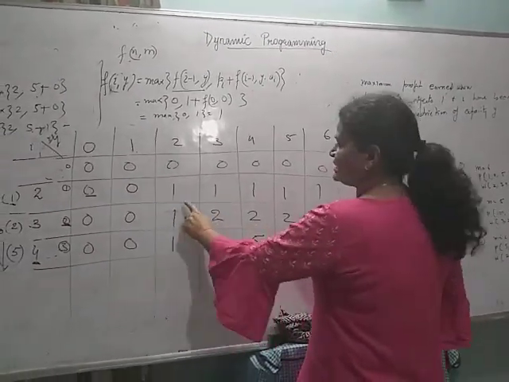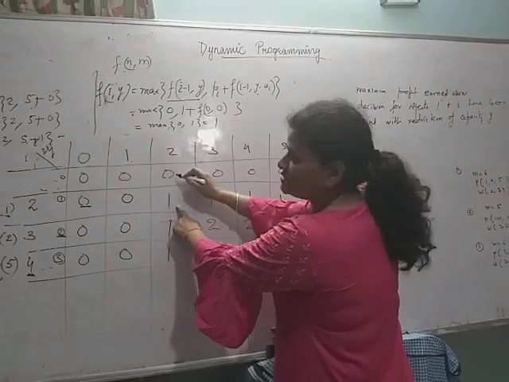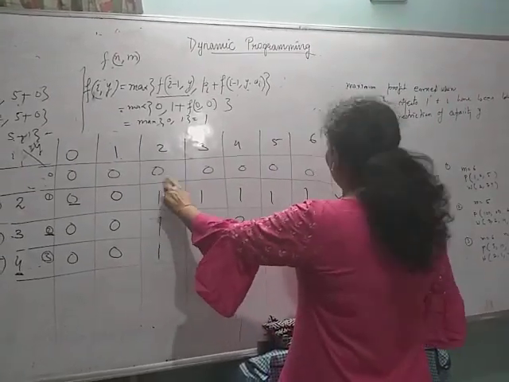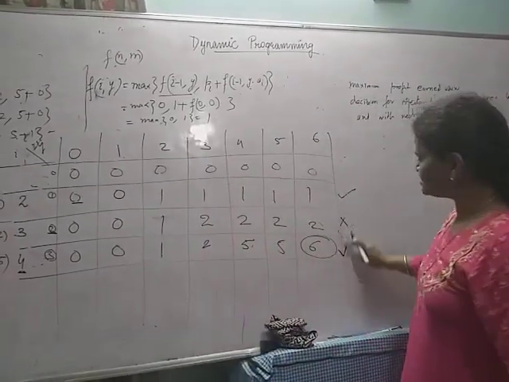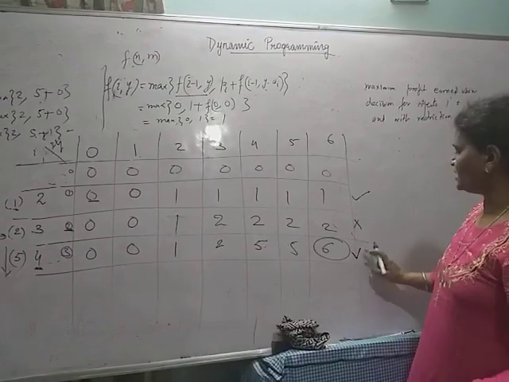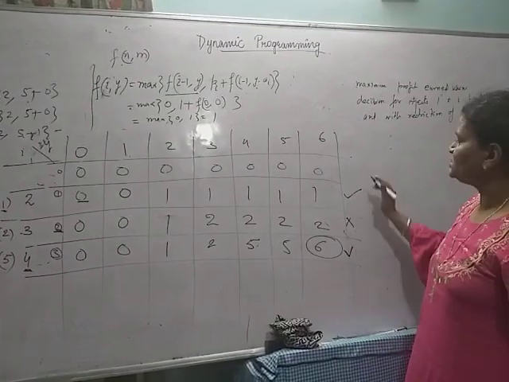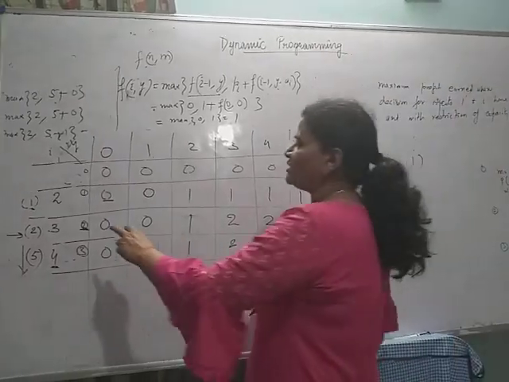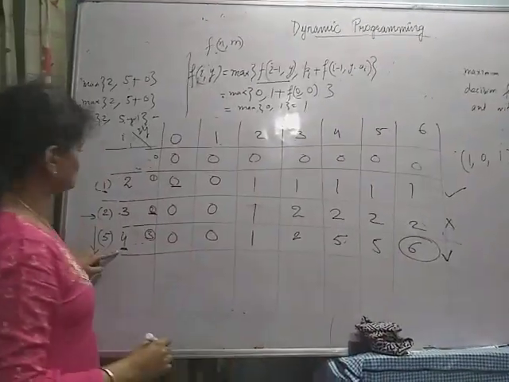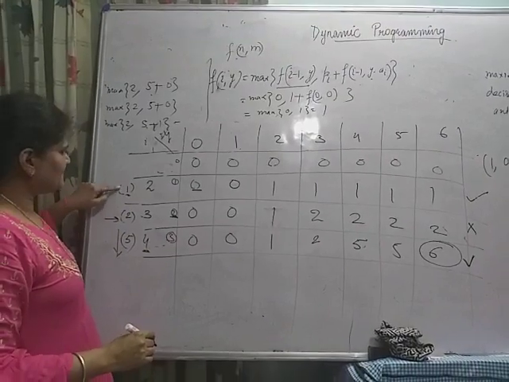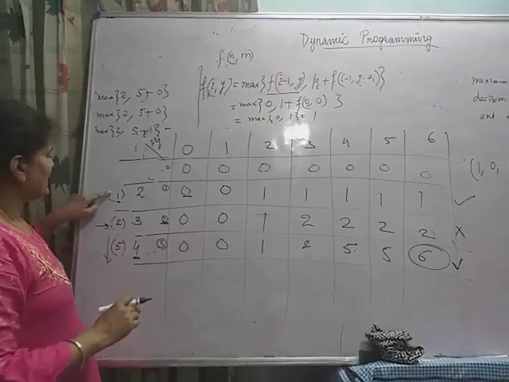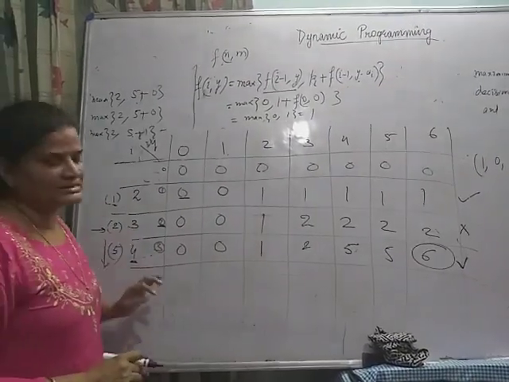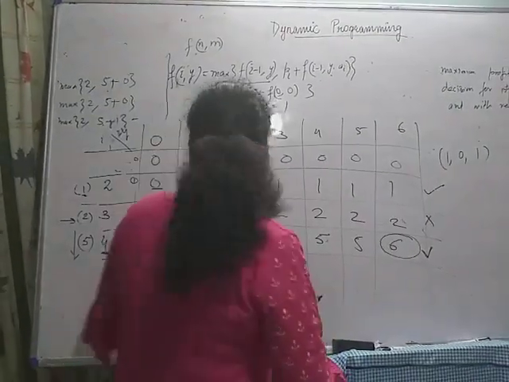Now here again, this is not the same, so this is included. It means these 2 objects have been included and this one is excluded. So the solution is 101. Here you can check it. 101 is 2 plus 4, that is 6, and the profit is 5 plus 1, which is 6. Okay, so this is the one example.